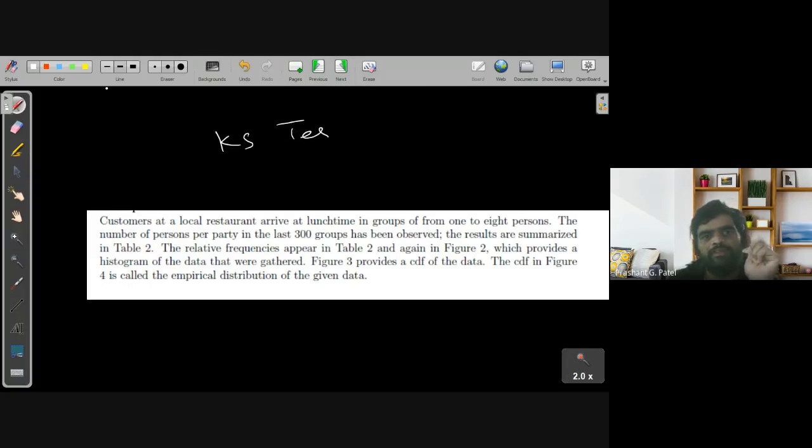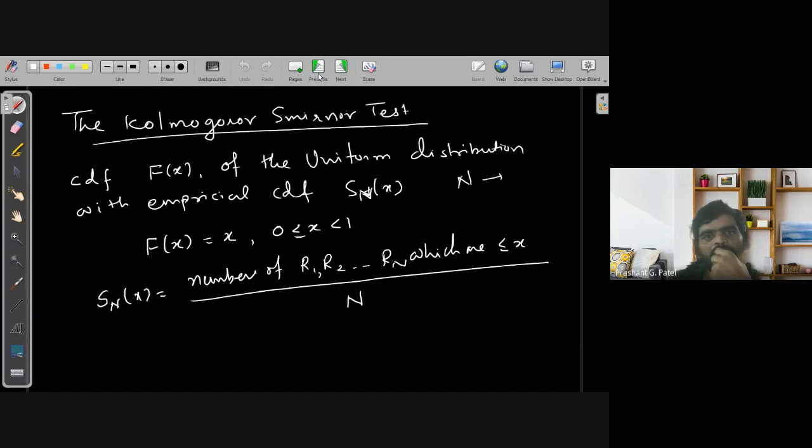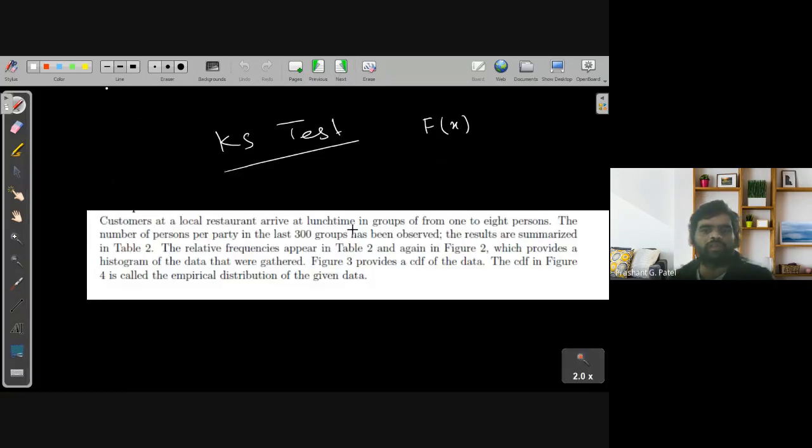KS test. Now for that, what is the KS test? We need to learn, and we need to see what the steps are. So I have already defined what Fx is. Previously, what I have shown you, the Fx is this empirical CDF for the function, and Sn of x is the number of R1, R2 up to Rn which are less than or equal to x, divided by n. So if you fix your x, and the number of observations is n, that is the number of observations we have here,